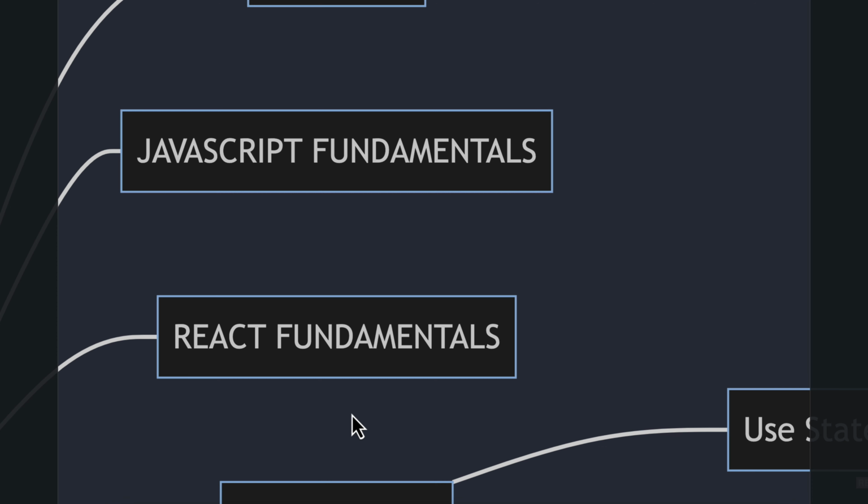In React, everything is components. Components let you split the UI into independent, reusable pieces. JSX is a syntax extension for JavaScript used with React to describe what the UI should look like. Props allow you to pass data from parent to child components, and state is a built-in feature that lets components